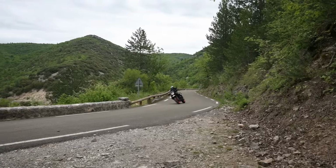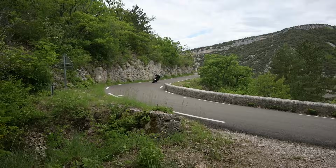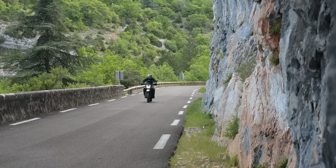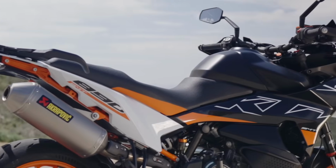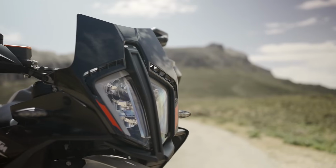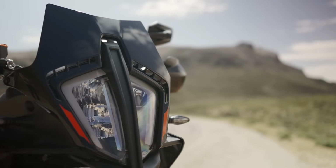I think this change of focus allows them to ignore the elephant in the room, that in a very competitive class, we're talking about a hugely hyped KTM that in terms of engine performance is, well, nothing very special. But make no mistake, the SMT is still a bike that is very easy to fall for, properly entertaining and complemented by a chassis with some sublime suspension and, amazingly for a KTM, an excellent seat and wind protection that